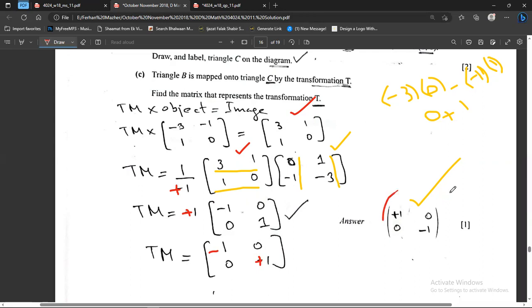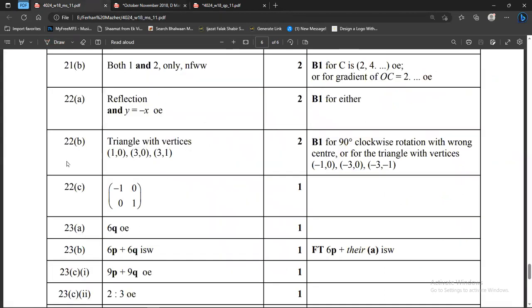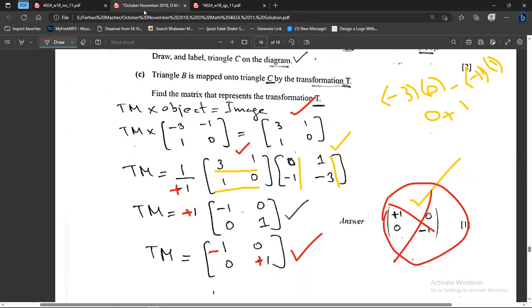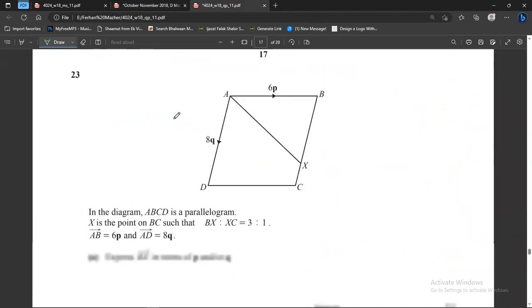So this is the answer. Okay, I made a mistake when I found the determinant. I by mistake wrote here a negative sign. So I hope now it's all good. Do you understand what happened here? By mistake, when I wrote its determinant, this is how you find the determinant. And this is not -1, it is +1. Sorry, it's possible to make a mistake. And we go to the next